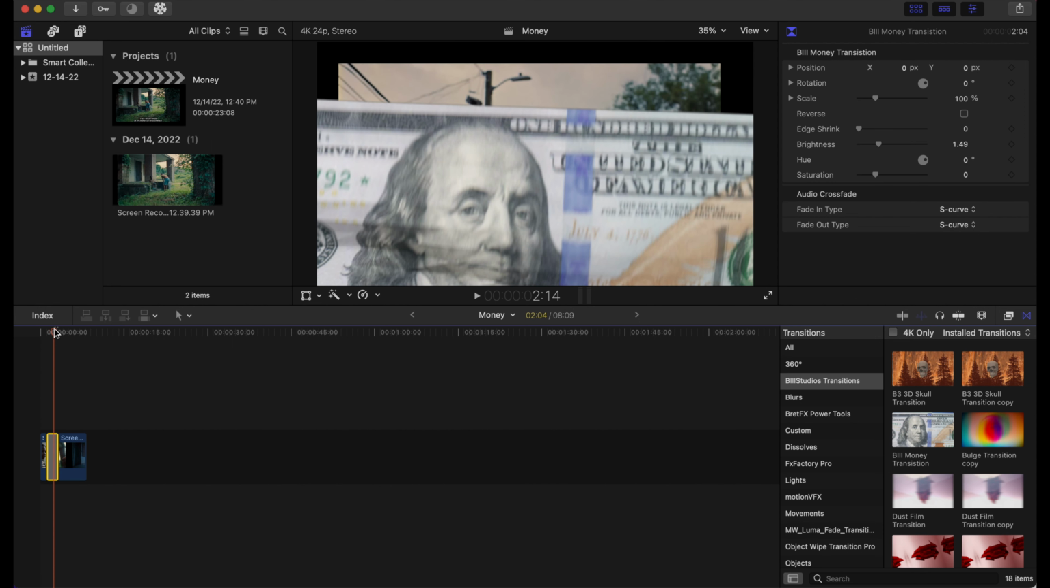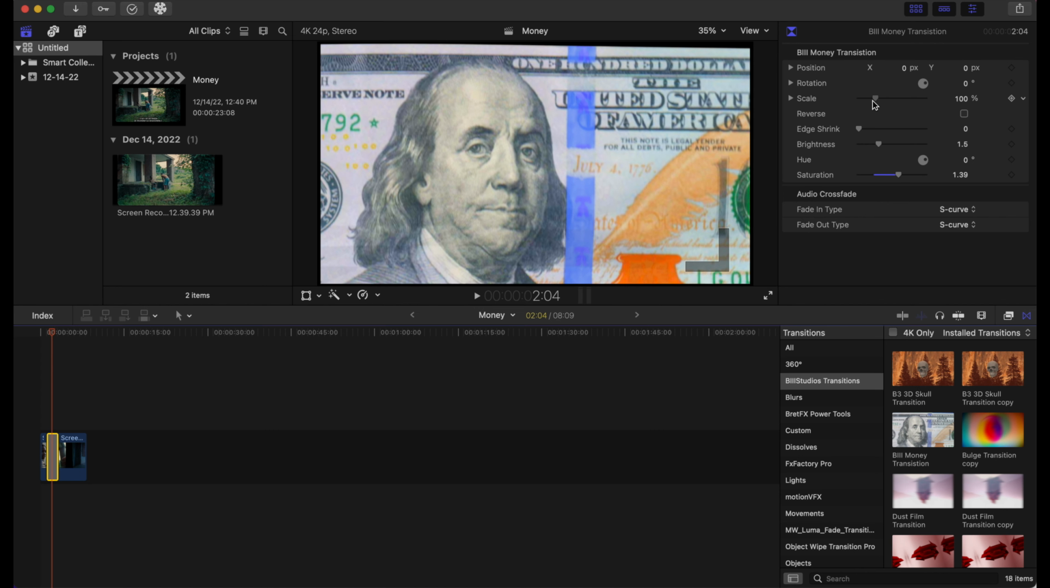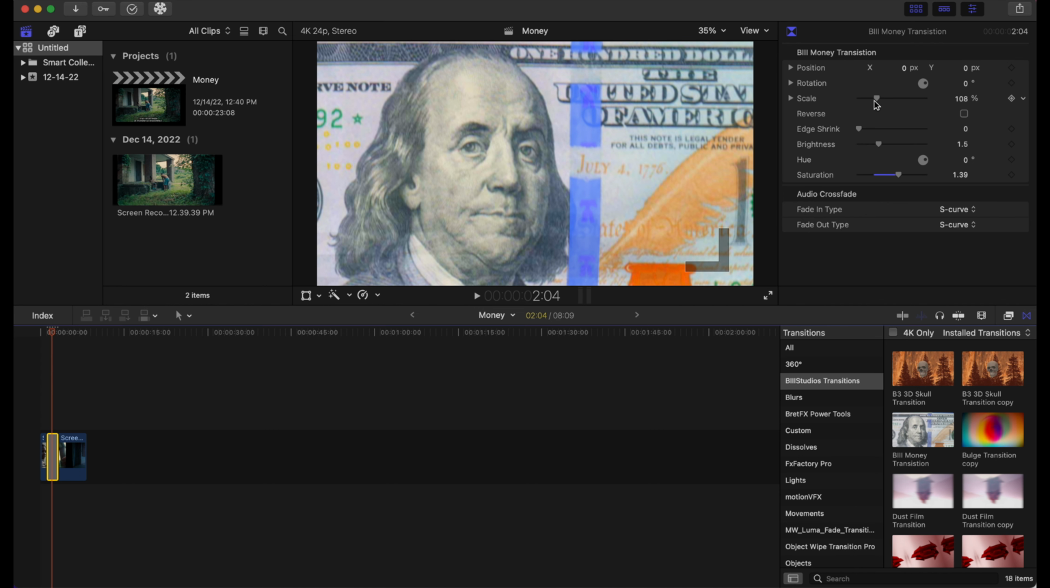So we're just going to go to our inspector tab right here as we highlight over the transition, and we can just increase the saturation to make it a little bit darker. We can bring the brightness down if we want. We can bring it up. I think I like this right here. We can actually reverse the transition if we want. We can scale it up and scale it down. So you have a world of options here, and as we play it back,